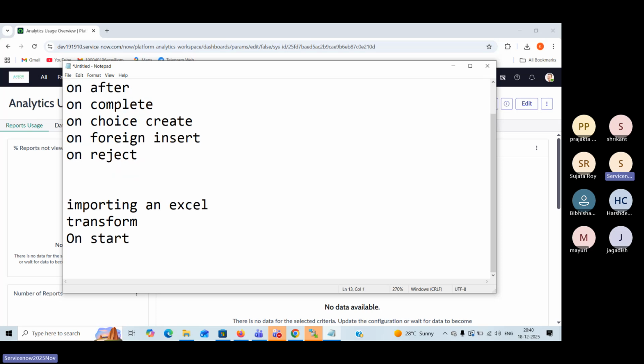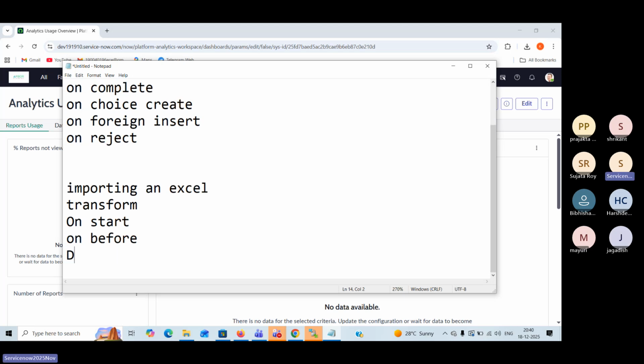After that, the transform map will find the target record. If any coalesce field is true, then it should look for the target record, right? So after finding the target record, this on before script will run. And after this on before transform script, the data